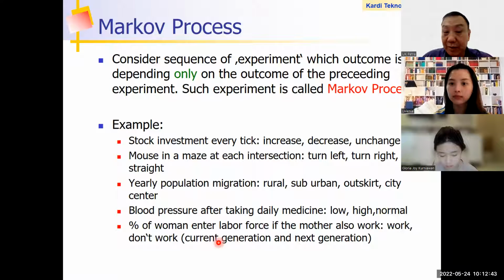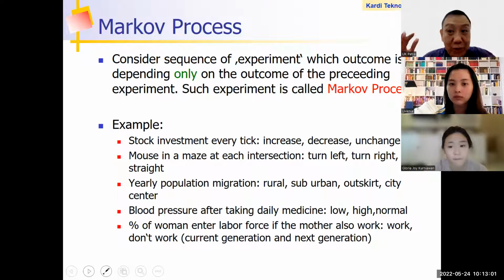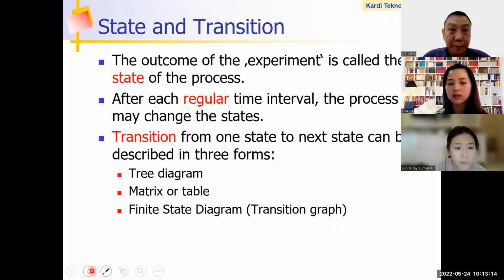So that means the stage, the time, is the current generation and then the next generation. That generation can be 10 years, 20 years, 30 years, whatever you define as 1 generation. Up to here, is it clear or not? So you know how to apply it, right? At least everything that you can put into discrete states, then yes, you can put that into Markov.